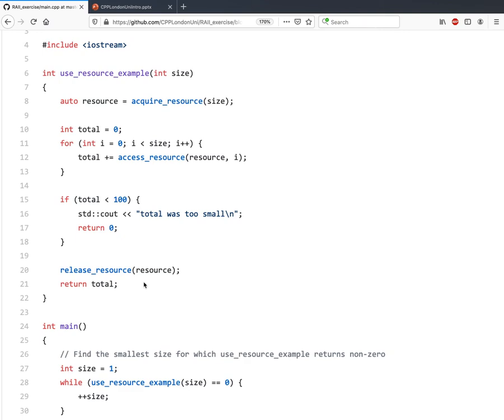This is me kind of getting on my high horse and proving a point to you. This is like 10 lines and we got it wrong. This is how hard this stuff is. And it all goes away if we use RAII. And so that is what you should do. You should use constructors and destructors to manage your resources.